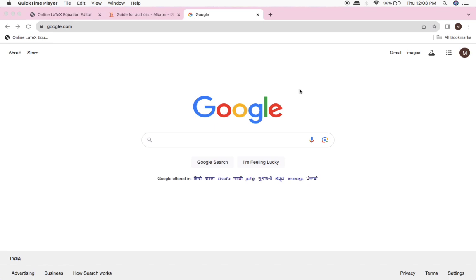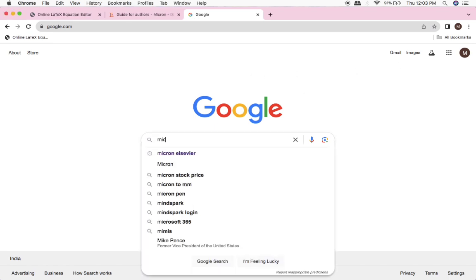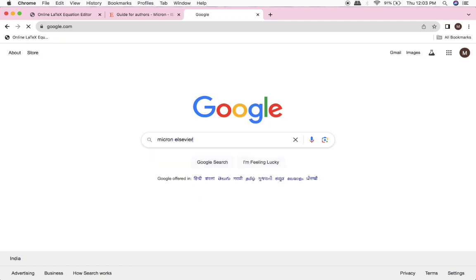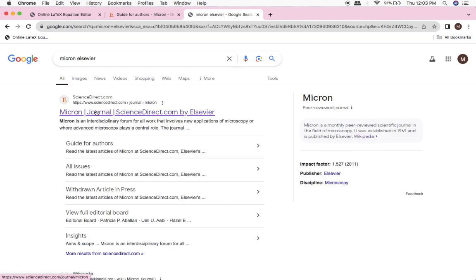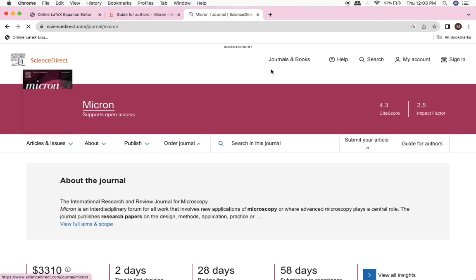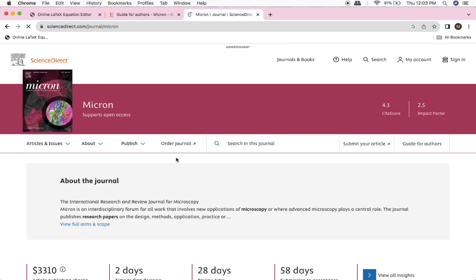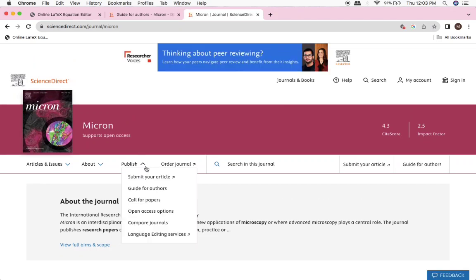For that, first we need to have a template. For example, I'm going to take a template from a specific journal called Micron. So I just open Google and simply type Micron Elsevier. So the journal site will open. In that we have to see the guide for authors,